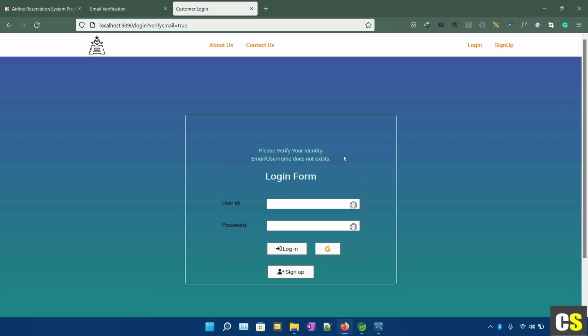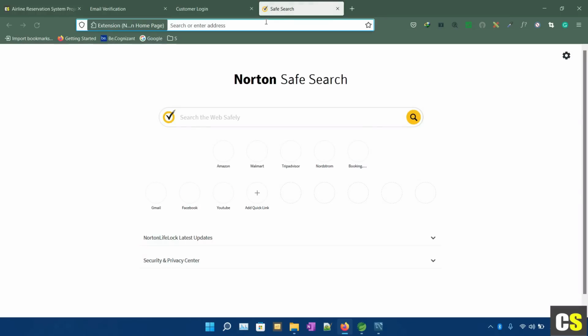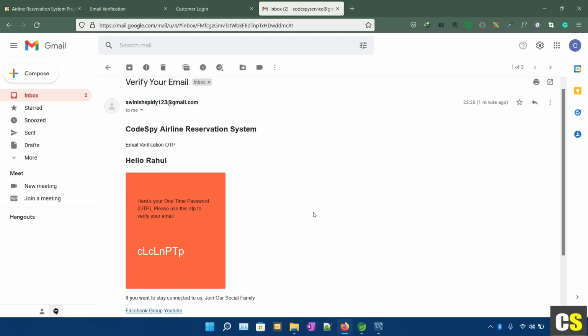So for verification you have to check your email, and whatever OTP you got there you have to enter on this website, and then it will be verified, and then you will be able to log in. Okay, so we will go back to our email address. On our email address we got this OTP, right? CCCLN OTP, and you can see that it is showing your name, and we have added email verification OTP,